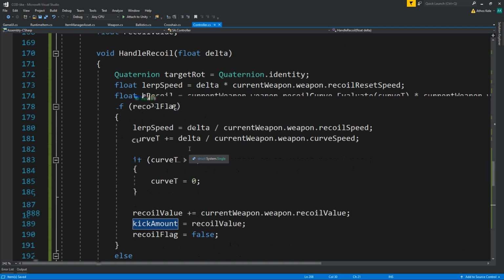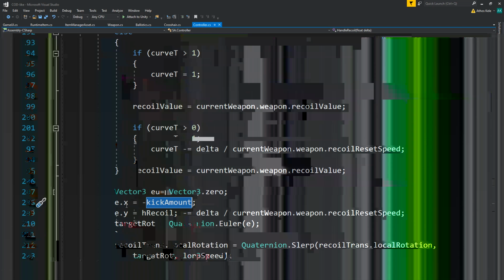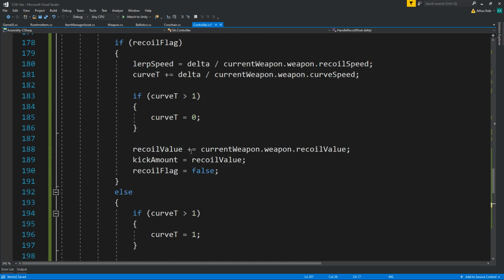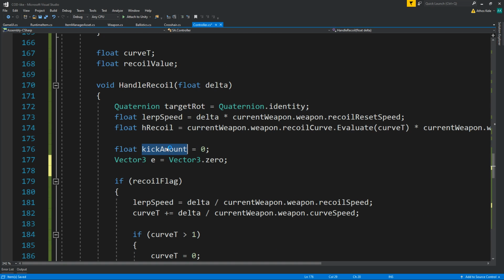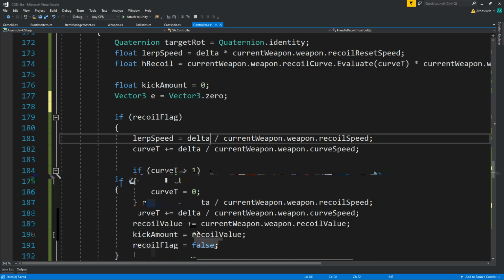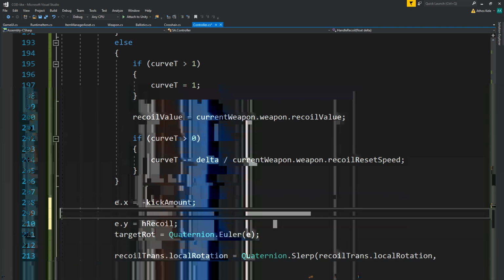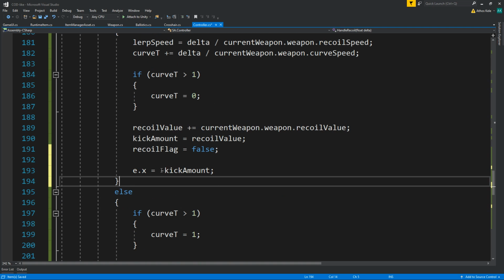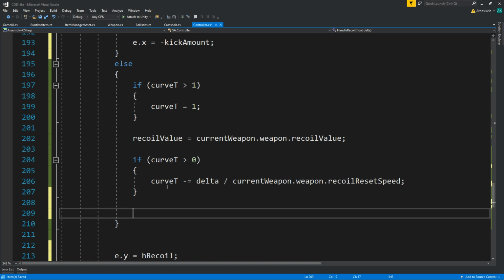Okay, so first of all, let's pass this over here, and we will say kick amount if it's the recoil flag, if not,